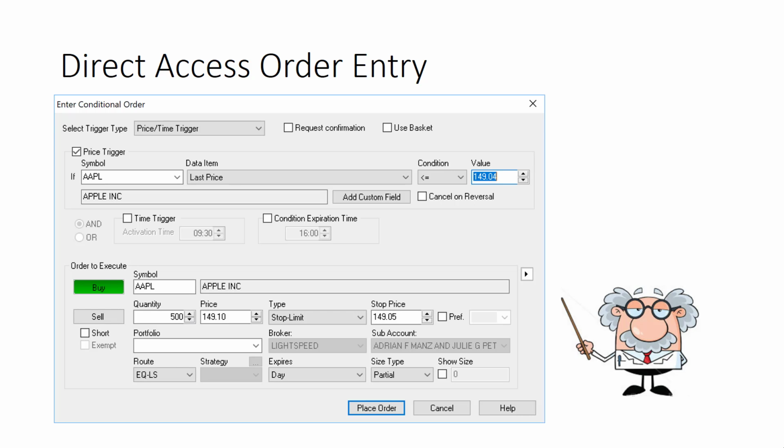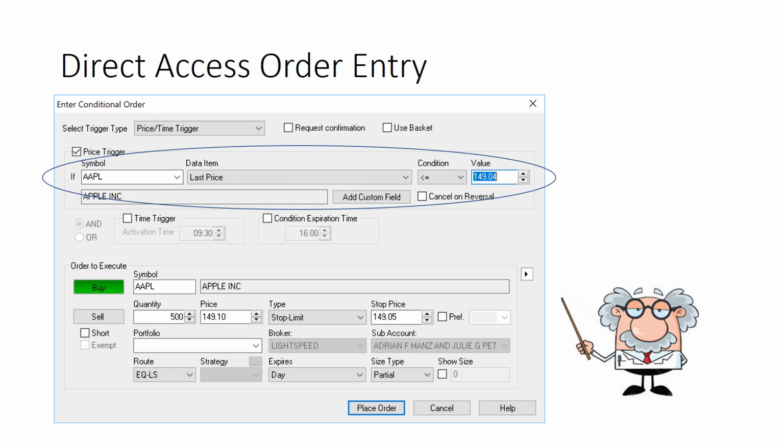And why might we be doing it this way? Just think about it for a second. Why do we want to say if Apple's last price is less than or equal to 149.04, then we'll go ahead and buy it at our levels? Well, what you should focus on is that less than or equal to value there, because what that tells us is we don't want to buy Apple if it's falling down through 149.05. The particular strategy that we're using wants to buy Apple if it's climbing up through 149.05. So that's the reason that we're putting a conditional order on it.